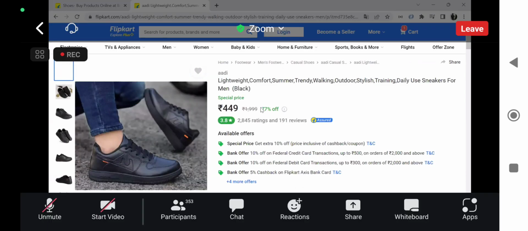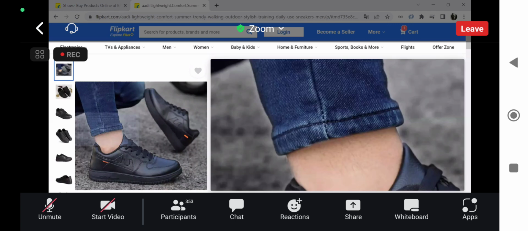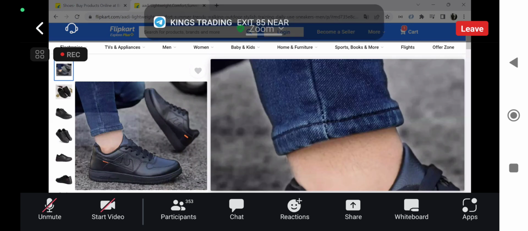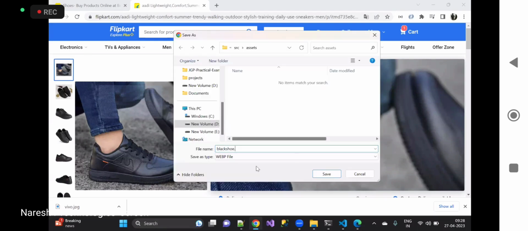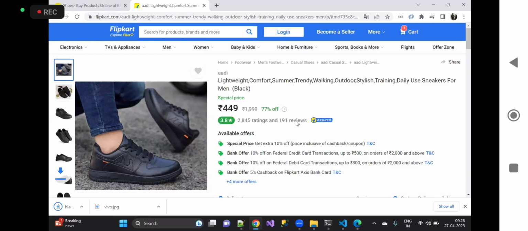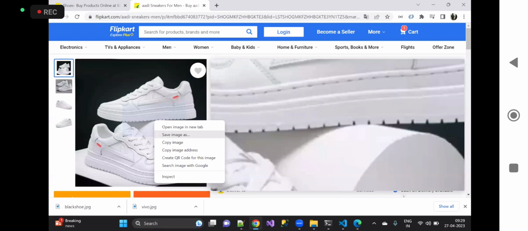Save that image as, let's say, black shoe dot jpg. Black shoe dot jpg, that I can give, and at the same time I'll right click, save that image as white shoe dot jpg,